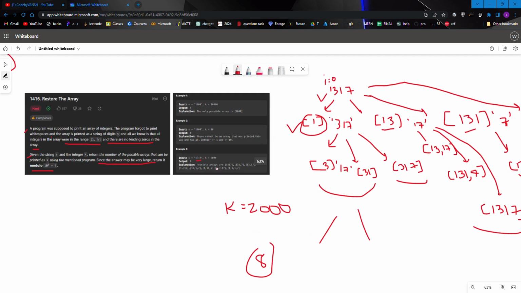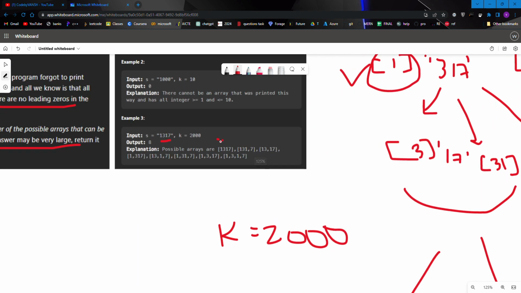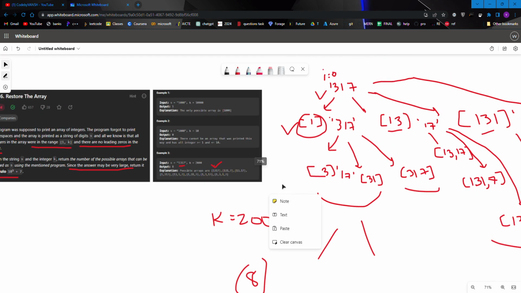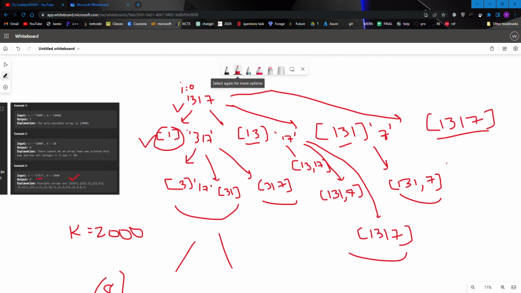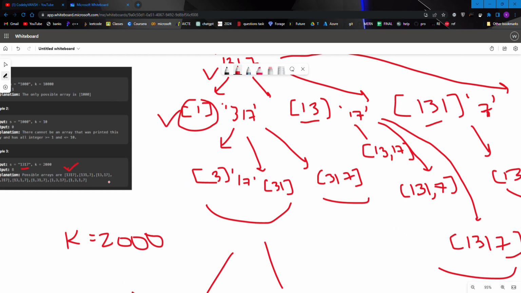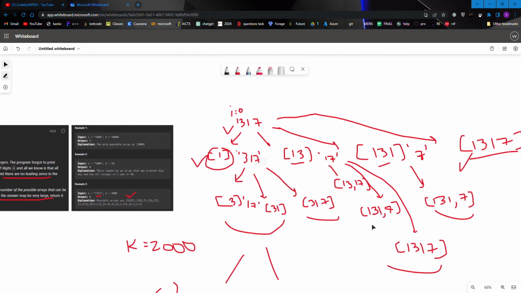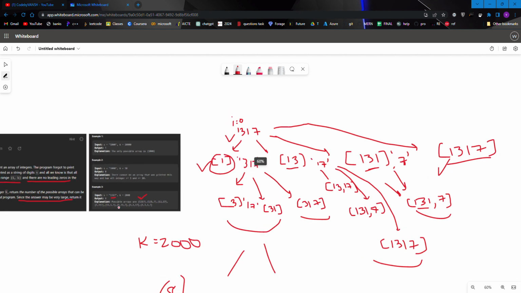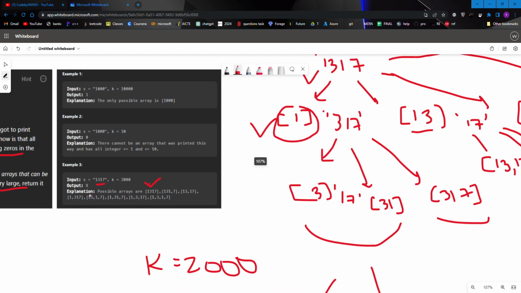Here you can see in the test case also, first we get 1317, and 1317 also occurs here. We can see that if we first take 131 into our array and 7 as a string, then at the end we get 131 and 7 as separated values. That's how we can get all the possible ways, and it should come out to be 8.